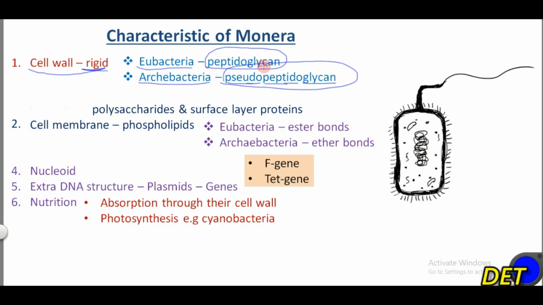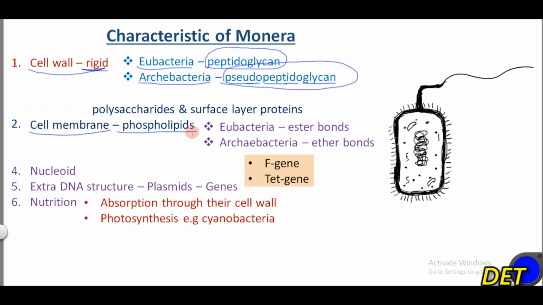So peptidoglycan and pseudopeptidoglycan are polysaccharides and proteins. They are carbohydrates and proteins. Peptido symbolizes protein, glycan symbolizes carbohydrate. So it's just a combination of polysaccharides and what? And proteins. Then also their cell membrane, the cell membrane of the organisms in kingdom Monera, is made up